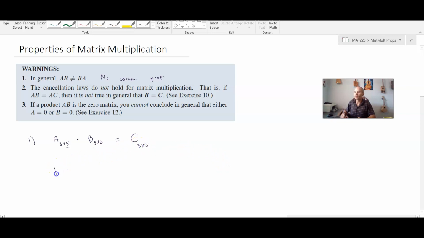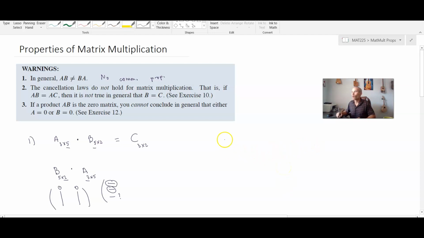Now, if you reverse those and you say, let's try and take B times A, well, B is 5 by 2, A is 3 by 5, and you can see that the number of columns here does not match the number of rows here. In fact, if we thought about this as having 2 columns, and we thought about the second matrix as having 3 rows, well, these two elements have columns that they could scale, but what about the third one? And so we clearly see that B times A is not going to exist